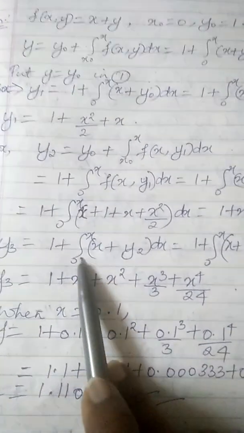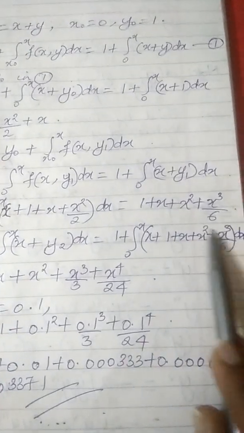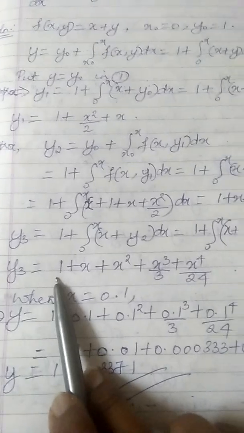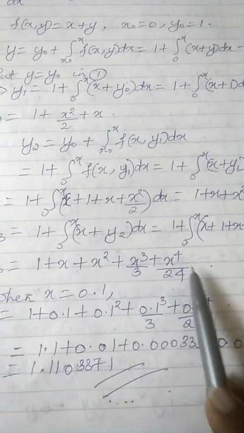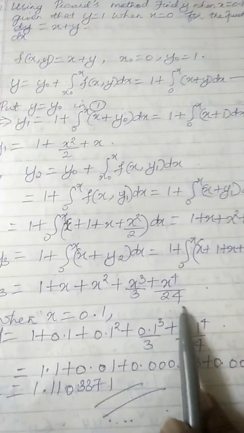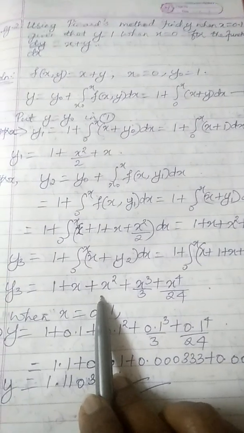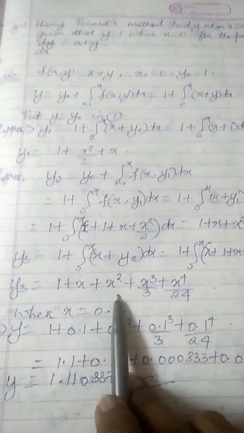That was 1 plus integral 0 to x of x plus y2 dx. Substituting for y2 and integrating, we will get y3 equation. That is 1 plus x square plus x cubed by 3 plus x power 4 by 24. So this is y3. By default, we have to find at least up to third approximation. Having found this,